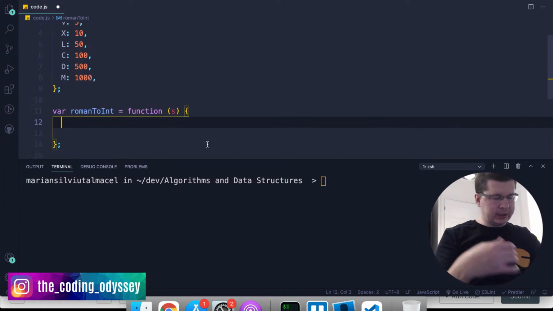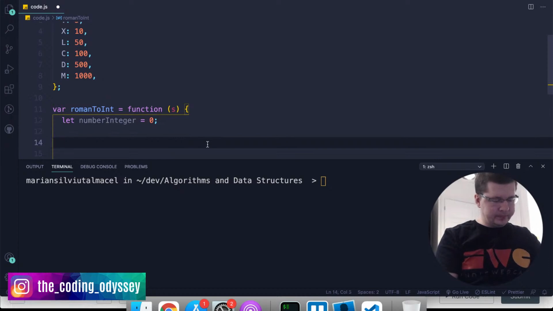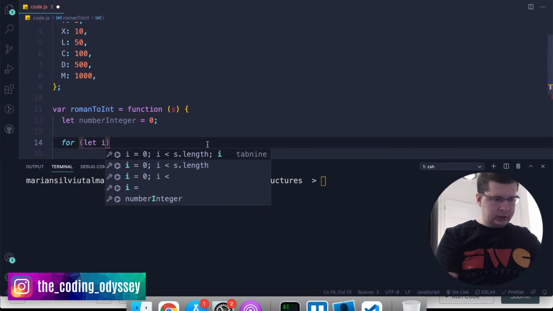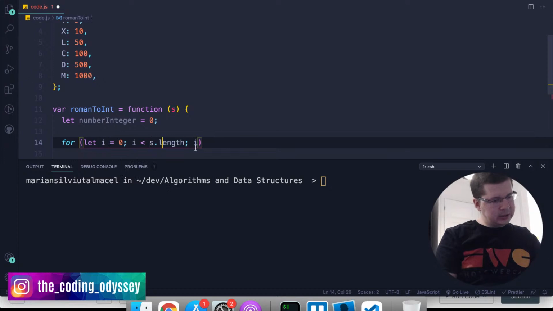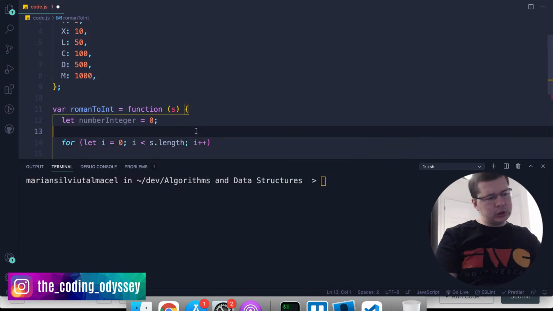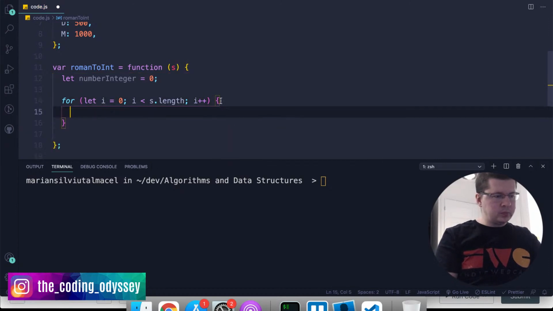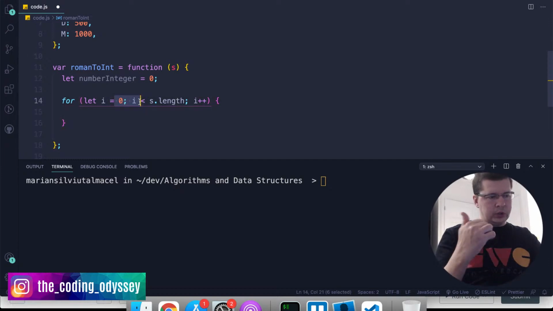I'm going to create a number that starts at 0. Let number integer start at 0, and then I'm going to say for let i equals 0, i less than s length, i plus plus. So we're gonna loop through all the letters, and if you have any question about this while I'm solving, do put them in the chat. So we're making a number that goes from the index 0 to the index of the last letter,